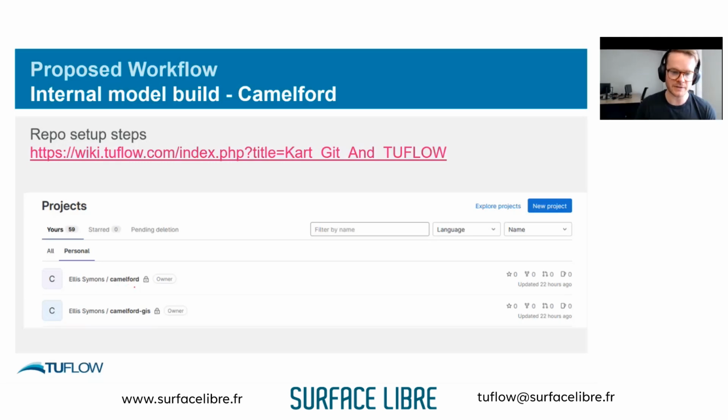So there's the Camelford repo, which is the Git repo, which holds the control files and like the database, the CSV files. And then there's the GIS repo, which holds the KART stuff, which is like the vector layers and the grid layers. So it's a bit annoying. You have to set up 2. I'll mention in my wish list later on, I don't want them to be 2 different things, but at the moment, you're forced to have 2 different repositories.